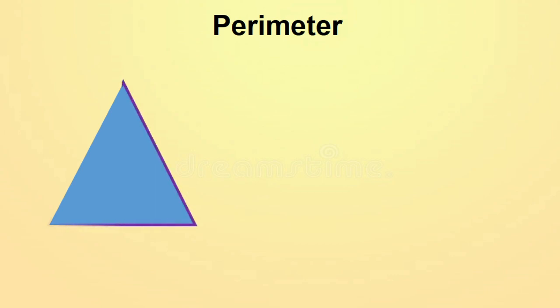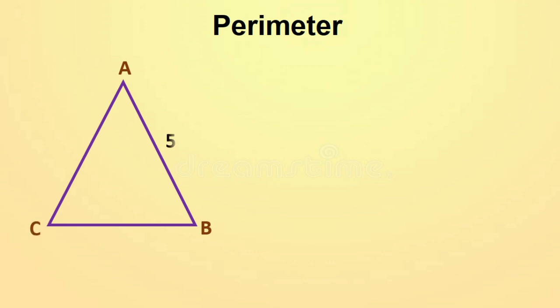Now we will try to count the perimeter of different shapes. See dear children, this is a triangle. We want to find out the perimeter of this triangle. See, this is first side, second side and third side. You know that a triangle has only three sides, isn't it? Okay, we will go through the measurements of this triangle ABC. See, AB is 5 centimeter, correct? And CA is also 5 centimeter and BC is 6 centimeter. It is given. Now try to find out the perimeter of this triangle.